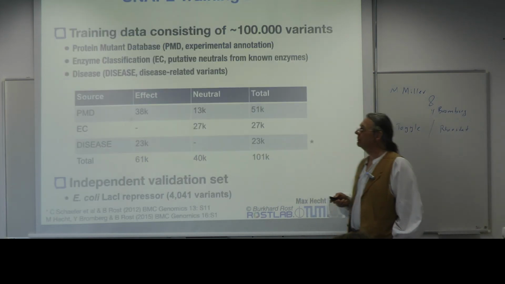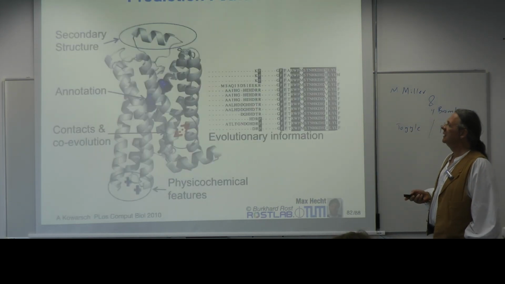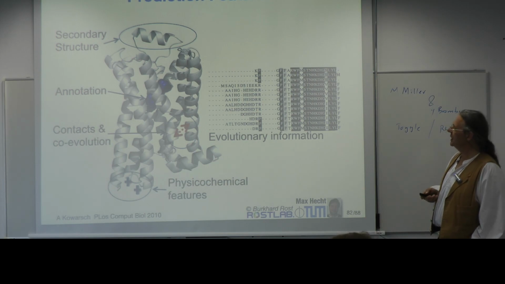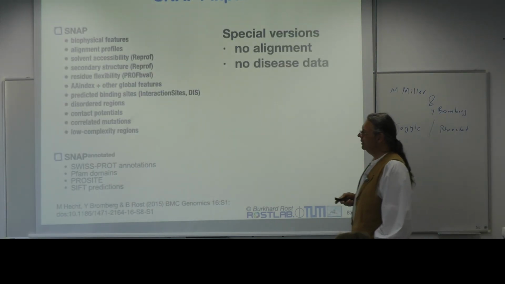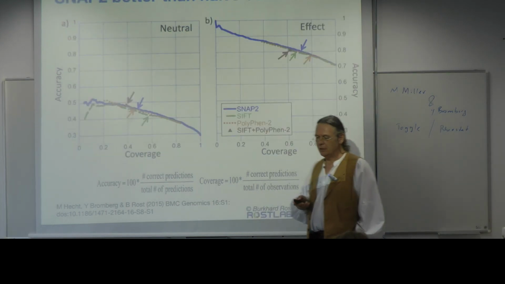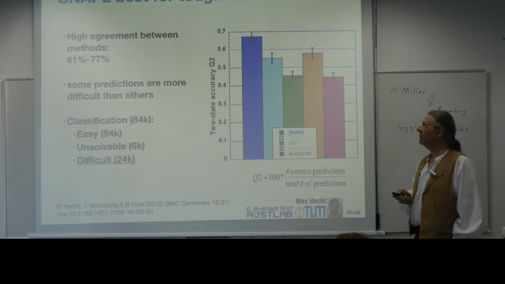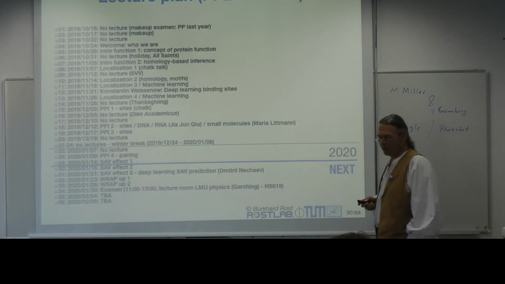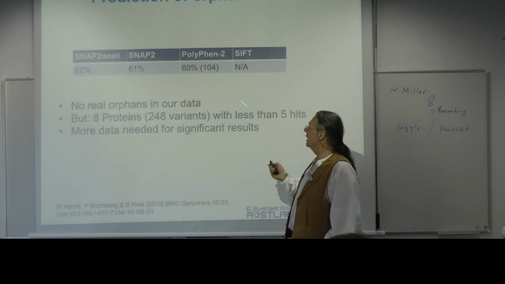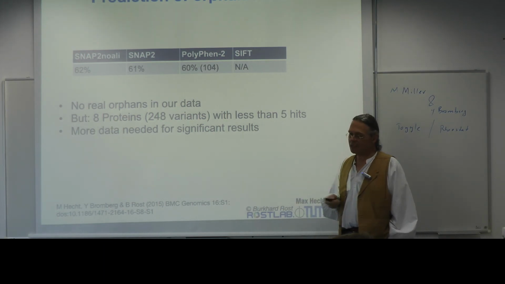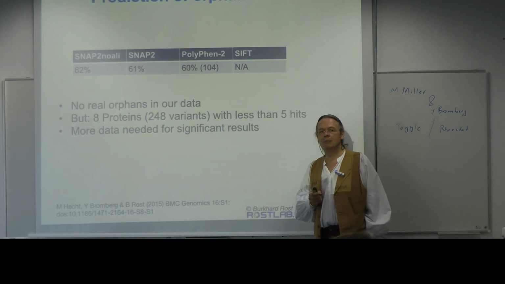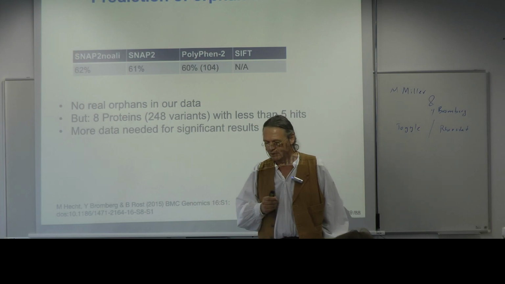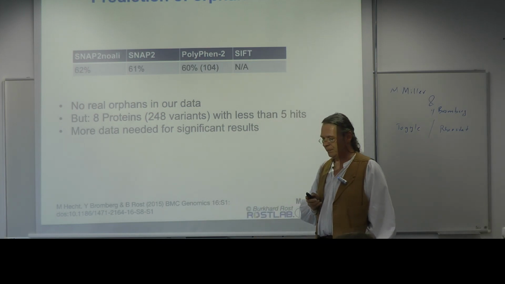Max went on, put in new features, put in new data, used also the coevolution signal, and many, many more. Got to a new version of SNAP, SNAP2, that performs better and has a variety of advantages. For instance, you can also use it if you don't have alignments. This is the idea here, much less accurate, but you can actually predict the effect of a SAF from more sequence-based features too. That gets us